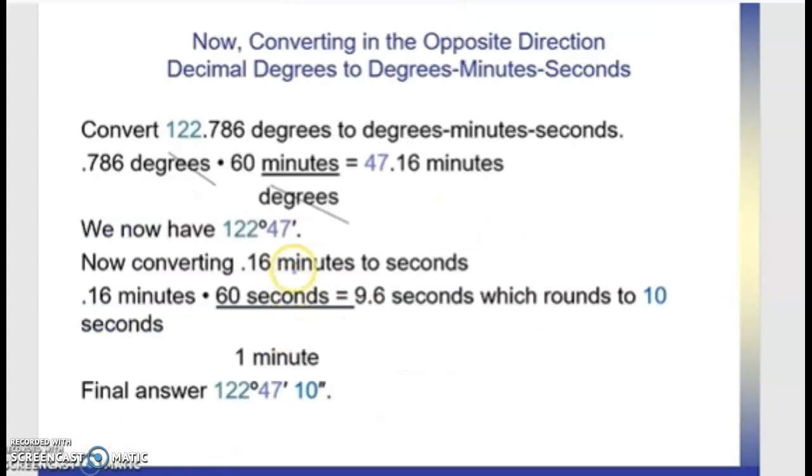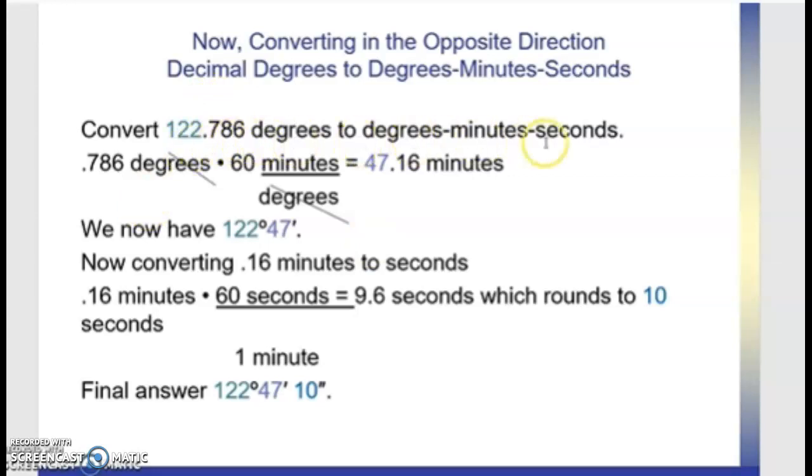Now we are converting in the opposite direction. So we're converting decimal degrees to degrees, minutes, seconds. The procedure is still the same. Cross cancel units. You always want the unit you're going away from to cross cancel out. So converting